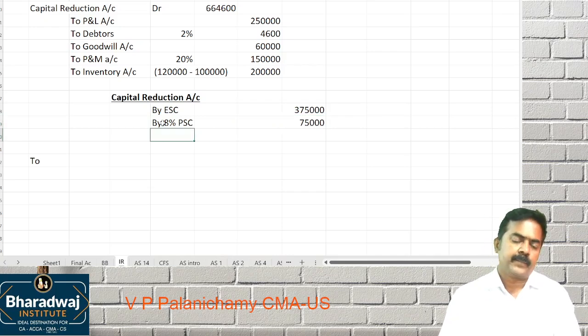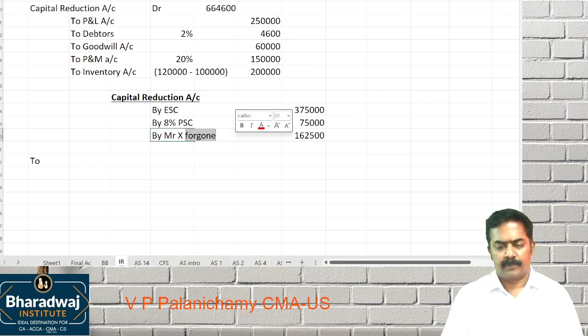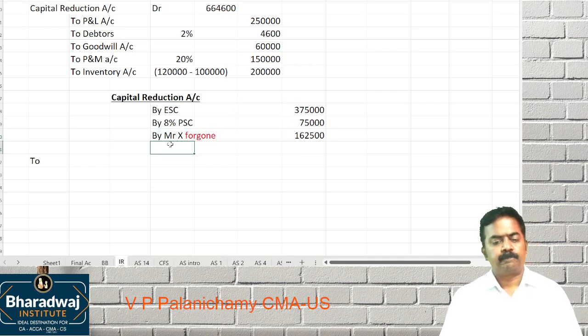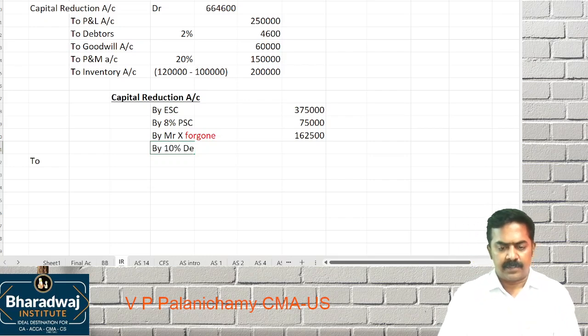Then how much has X forgone? 162,500. Then credit all the gains, amount foregone. Then how much will the 10% debentures be? 88,000. Then